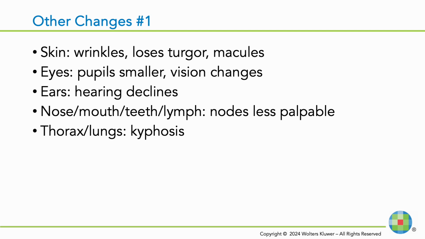Now, when it comes to these changes, it's important that we recognize the importance of assessing these patients carefully, keeping in mind that these are normal changes in the older adult. However, these are not oftentimes welcome changes. We need to be very supportive in assessing our elderly patients. We need to recognize that they may have hearing dysfunction. We may need to speak a little slower, a little louder, making sure that we give them the appropriate attention that they deserve.